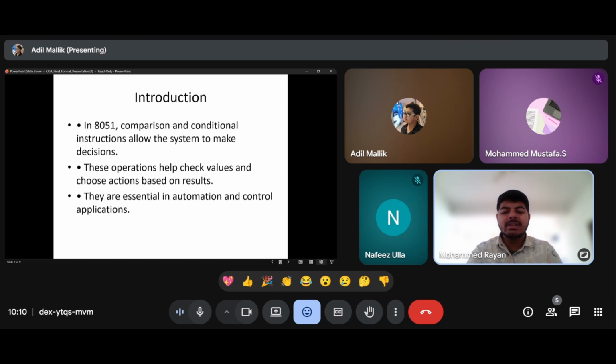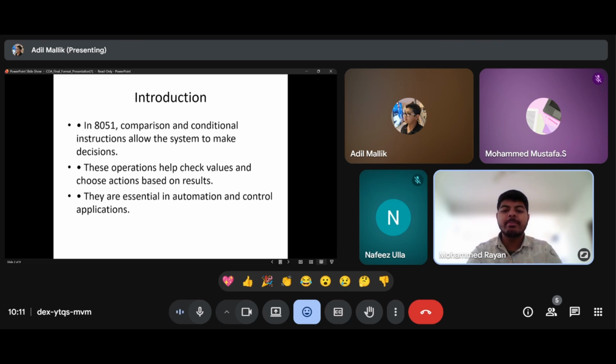In all these systems, the microcontroller consistently makes decisions by comparing data and executing instructions based on conditions. So comparison and conditional operations act like the decision-making power of the 8051. Without these operations, the microcontroller would not be able to decide between two values to take actions according to changing